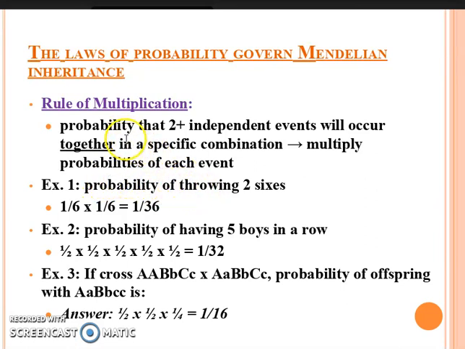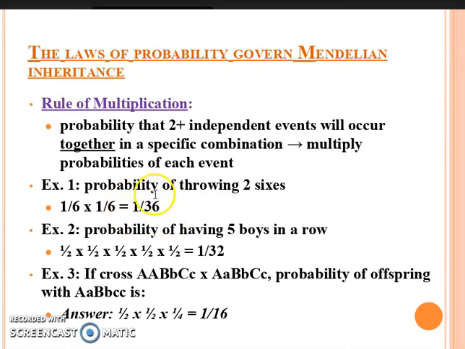probability. So the first rule is the rule of multiplication: the probability that two or more independent events will occur together in a specific combination. In the case here, if we have two six-sided dice and I'm trying to roll a 6 on both, there's a 1 out of 6 chance on the first die and a 1 out of 6 chance on the second die. If I multiply those together, I get a 1 out of 36 chance of rolling two sixes on